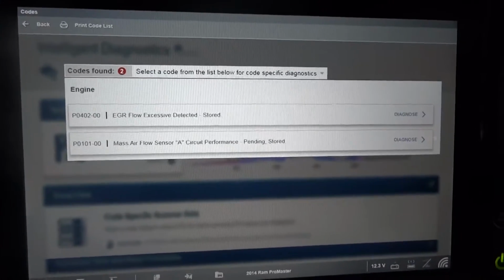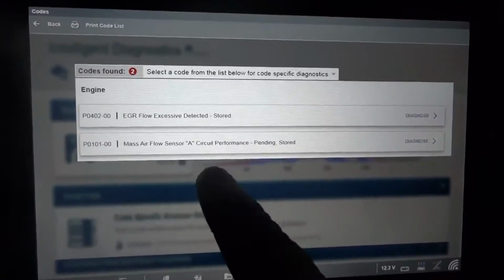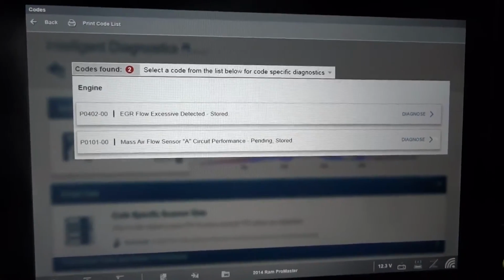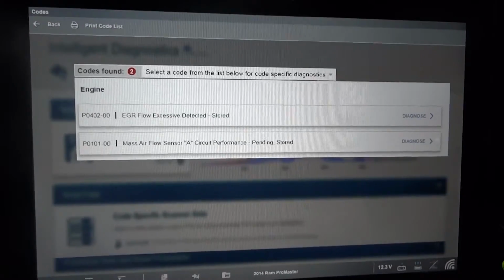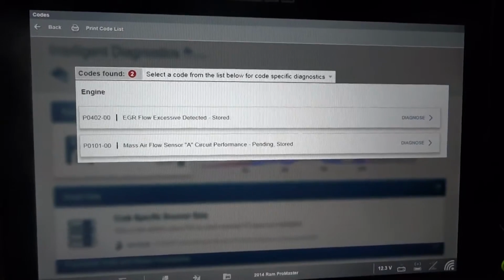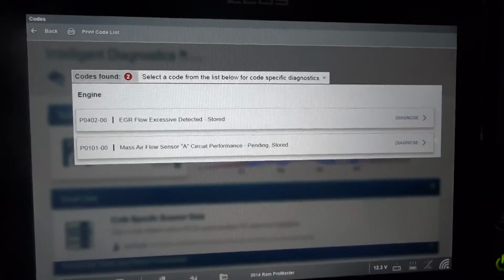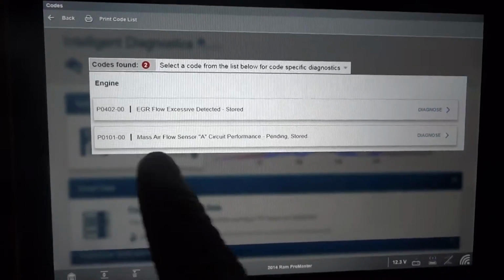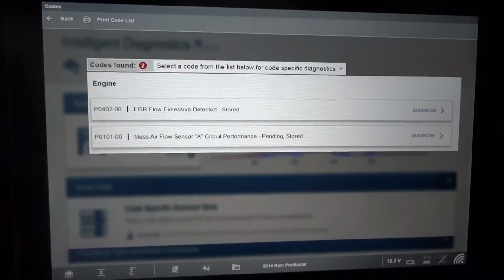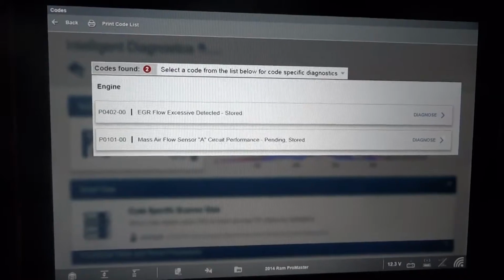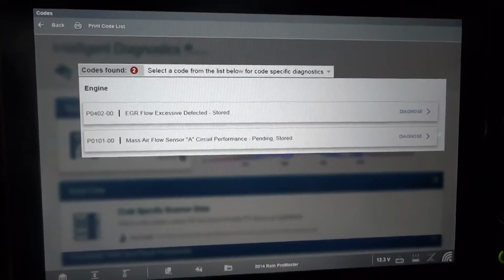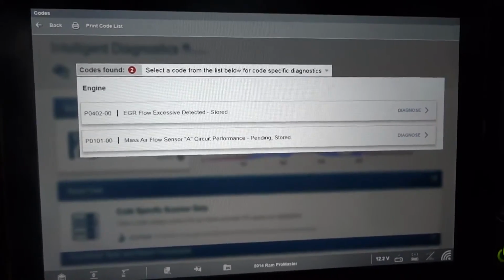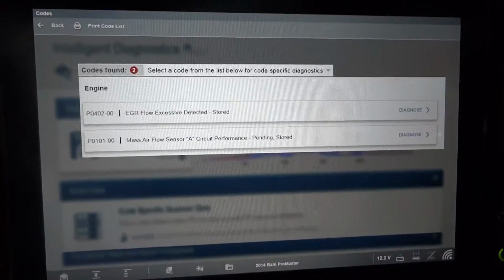So when this happens, the input of the mass airflow sensor should drop. So there will be a change in the signal of the mass airflow sensor. The computer looks at that change to know if the EGR valve opens. Now, I've seen instances where a mass airflow sensor would go bad and send a skewed signal to the engine computer. And when the computer sees this skewed signal, it's not going to know if the EGR valve opened or